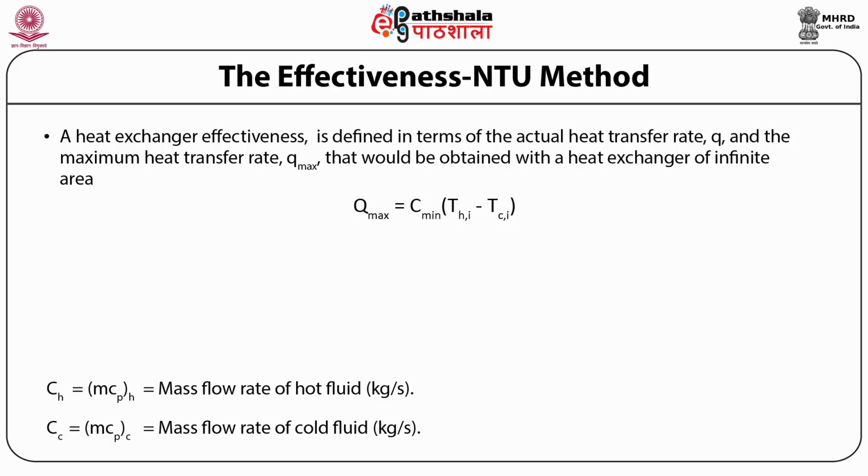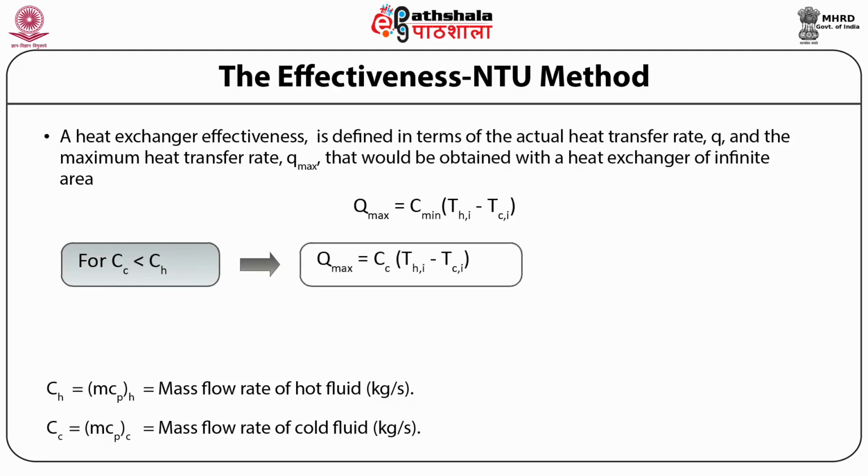Both are represented in unit kg per second. So let us come to case 1, that is cold fluid is the minimum fluid. If Cc is less than Ch, Q max is represented as